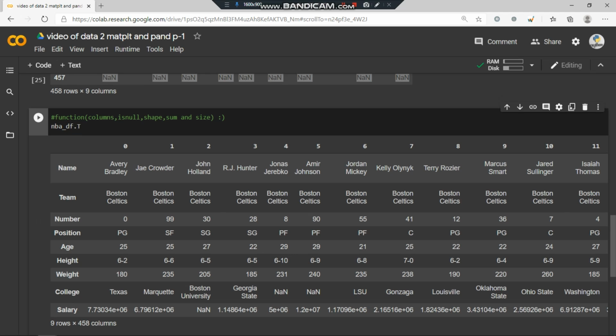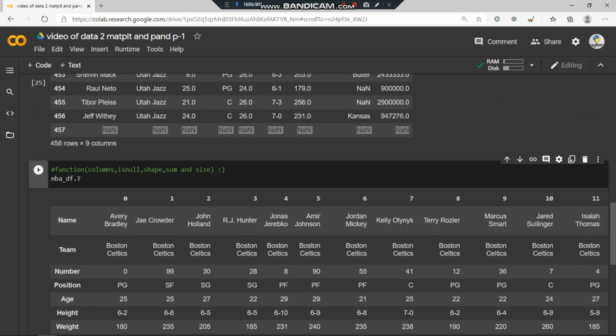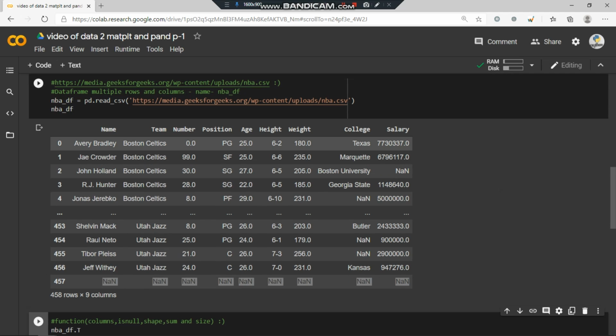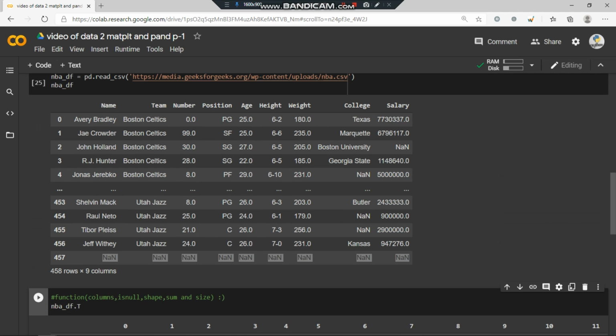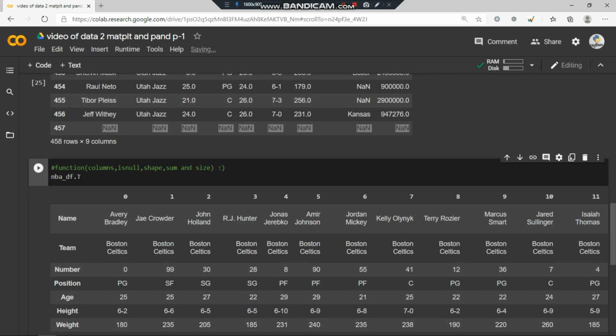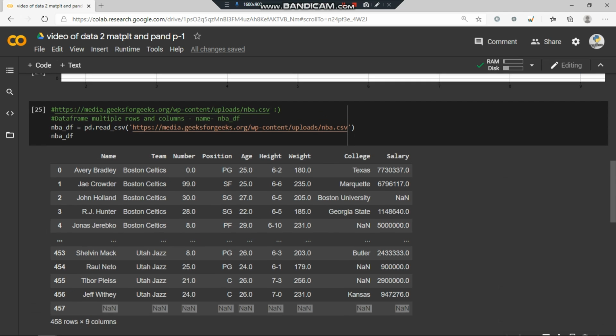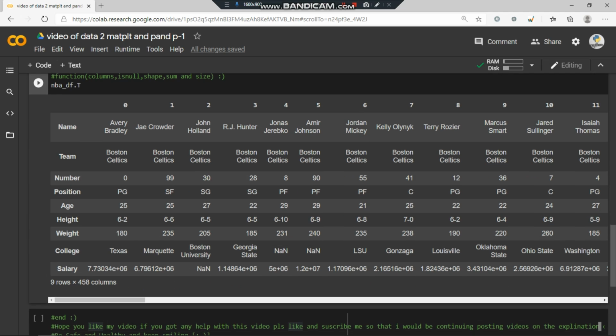Otherwise we have to use a for loop to make rows into columns and columns into rows. See, Everly Bradley was shown in columns, and now it is in rows. And this name, team column became a row, and like that we can do.